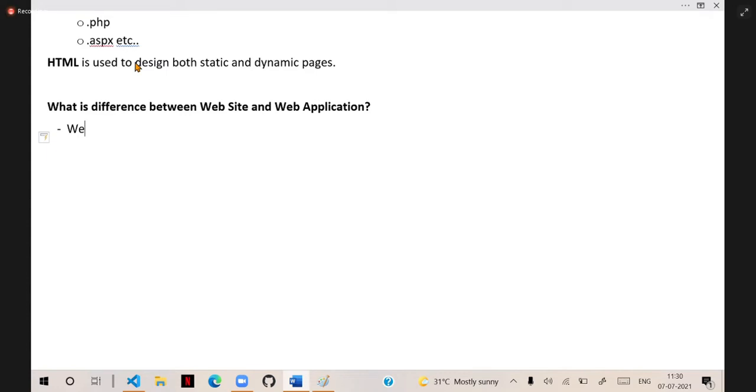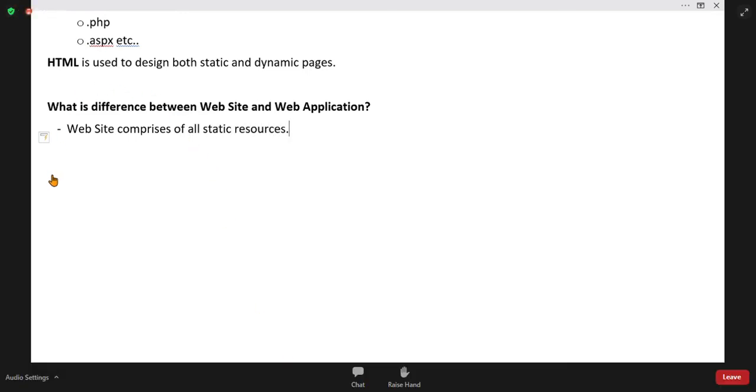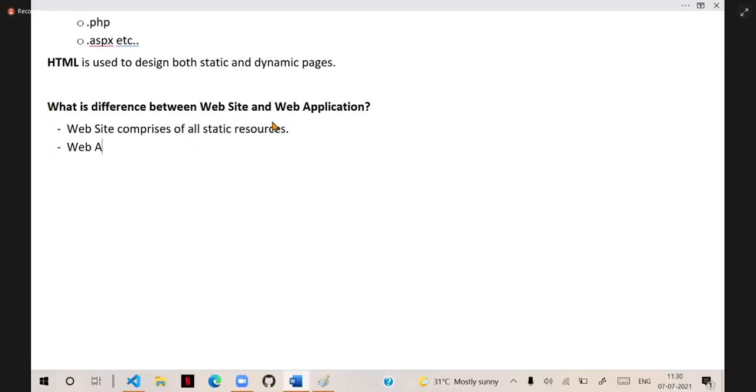A website comprises all static resources. A web application comprises both static and dynamic resources.